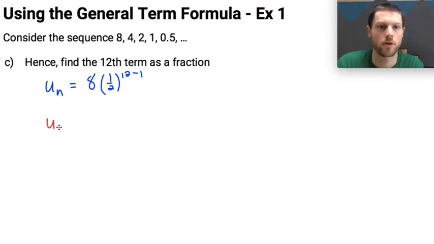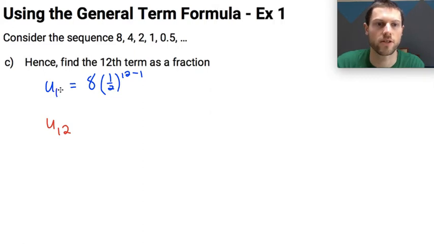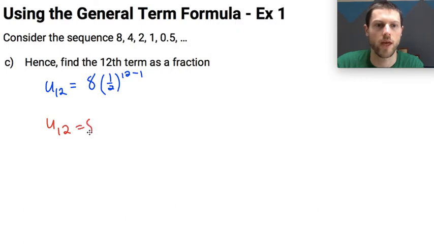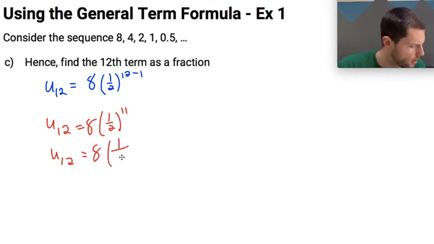So looking back here, I should have actually made this a u sub 12, not a u sub n, since this is the actual 12th term that I'm looking for. So let me fix that before moving forward. All right, so now we're back to u sub 12, and this is going to be equal to 8 times 1/2 to the 11th power. And taking that a step further, that is equal to 8 times 1 over 2 to the 11th power, and 2 to the 11th power is equal to, let's see,